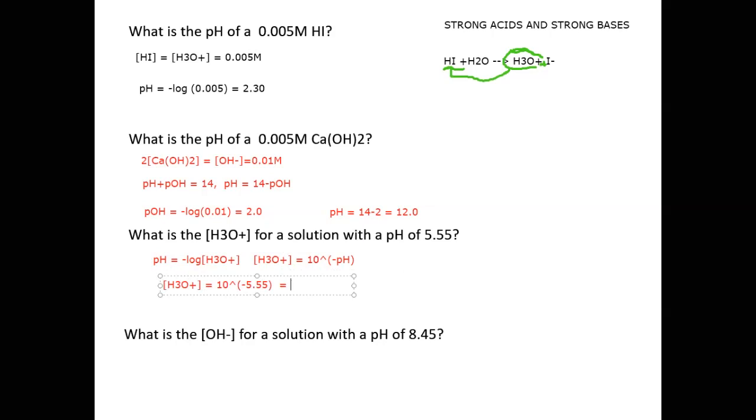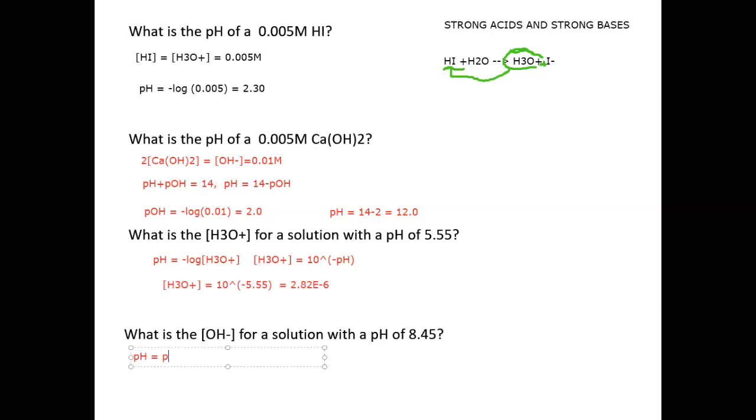Again, use the anti-log, and we get about 2.82 times 10 to the negative 6. And this makes sense. It should be greater than 10 to the negative 7 because the pH is less than 7. Now to the last one, here we want to know what's the hydroxide ion concentration of a solution with a pH of 8.45. So again, what we remember is that